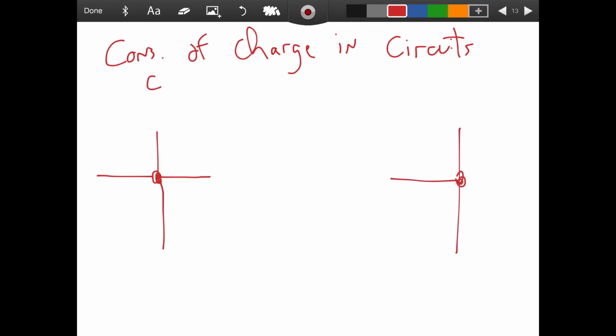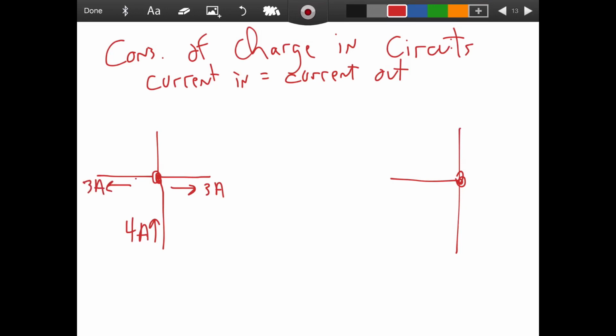And basically, reviewing this, the current into the junction has to be equal to the current out. So let's say we have 4 amps going in, we have 3 amps going out, and let's say we have 3 amps going out on this side as well. Well, in this junction, the way it is right now, we have 6 amps out and we have 4 amps going in. Therefore, to balance this out, in order to make this work, we have to have 2 amps